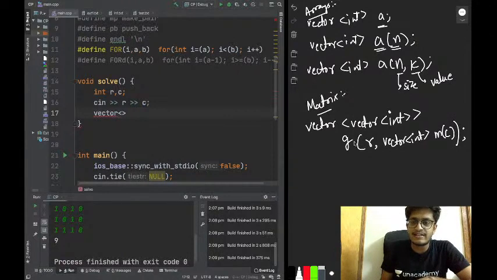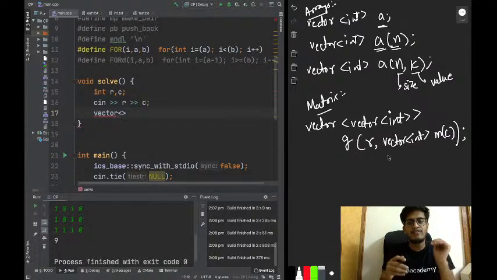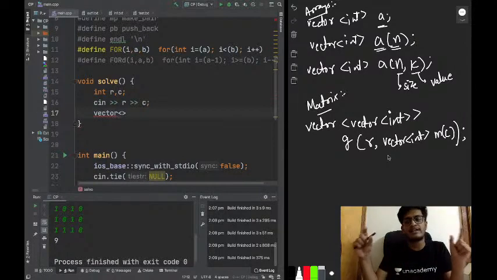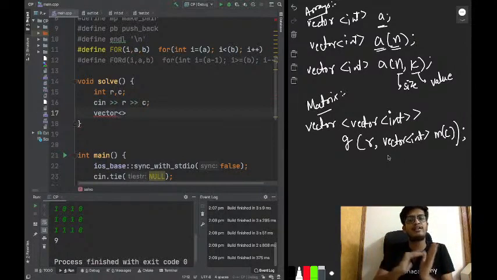We have to initialize each row with a vector of integers of size c, which means now we have R vectors, and each element itself is a vector of size c. So this is the entire grid of size R cross c.